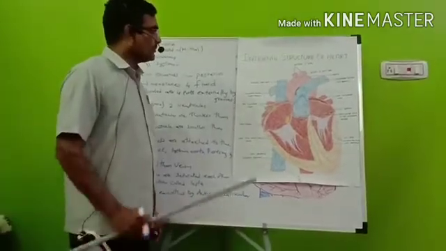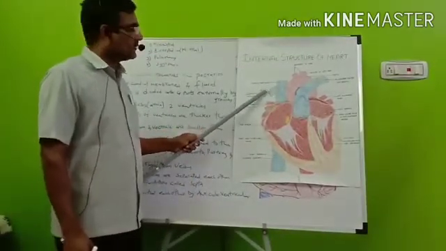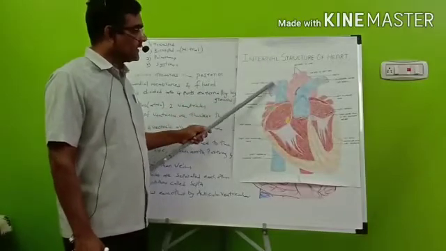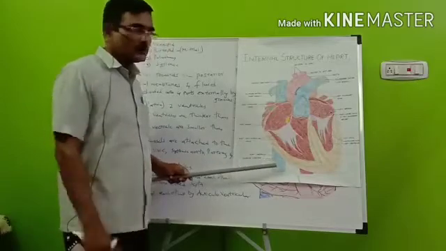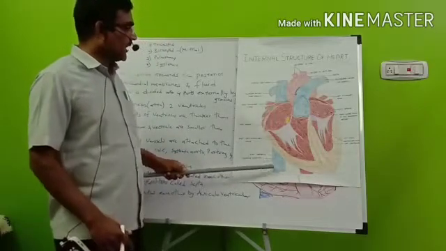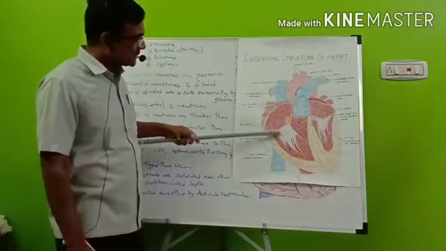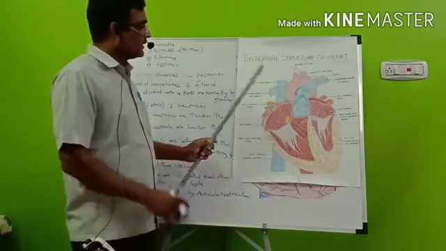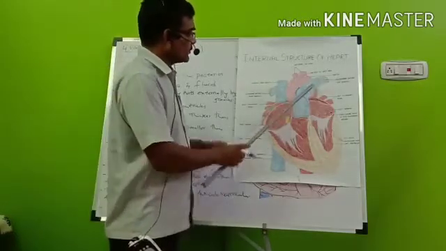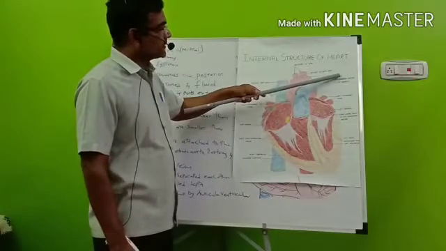Okay. Of the 5 blood vessels, the superior vena cava receives blood from the upper part of the body, that is the head and neck, and the inferior vena cava receives blood from the lower parts of the body, that is the hands and legs, and pours into the right atrium. From the right atrium, the blood is flushed to the right ventricle. From the right ventricle, the blood is pushed to the pulmonary artery and passes towards the lungs,